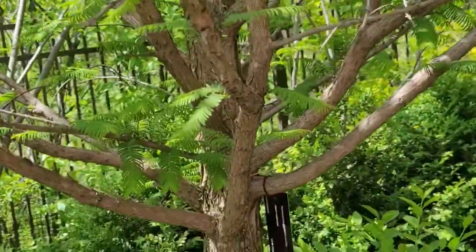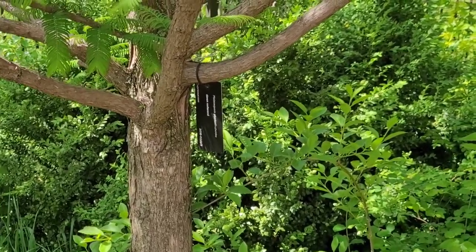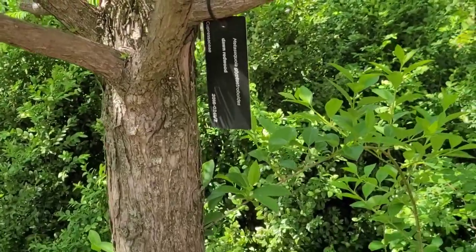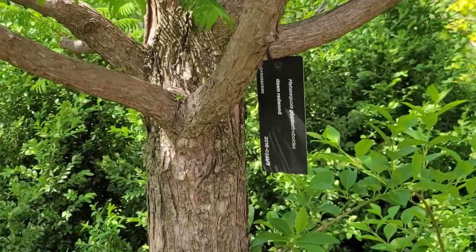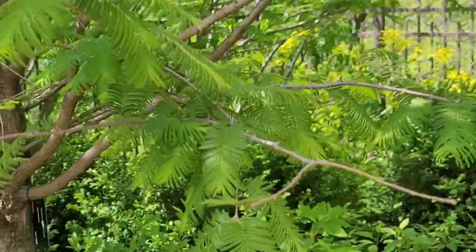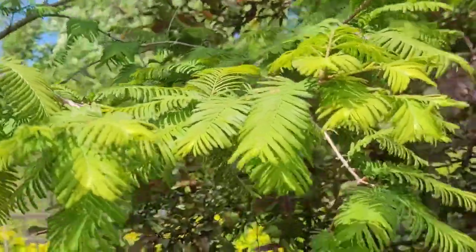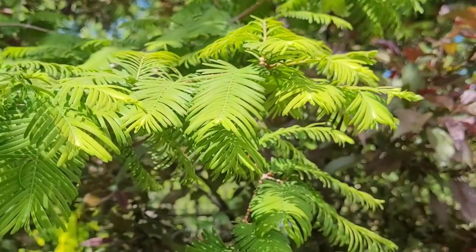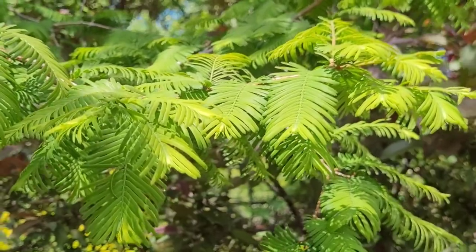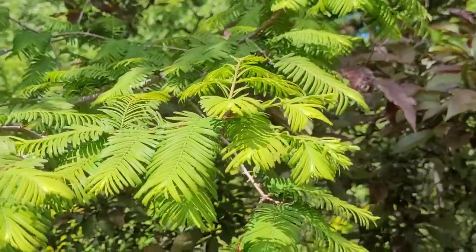It was in the 1940s thought to have gone extinct, but then it was discovered from, I think, Japan, and it belonged to family Cupressaceae, Metasequoia glyptostroboides, dawn redwood. It has been extensively planted in Chicago city and elsewhere, and it is a great service if we are planting it, multiplying it, and planting in the parks and gardens and zoos. Definitely this redwood will be